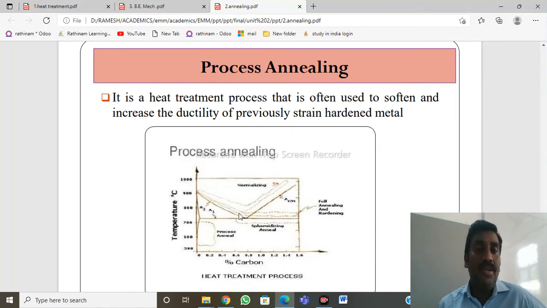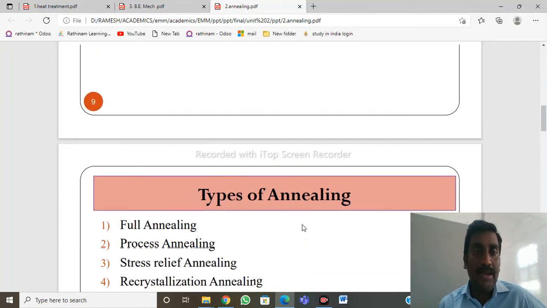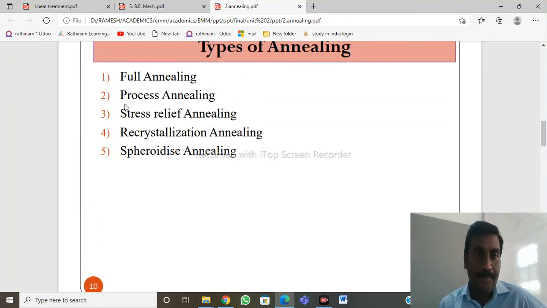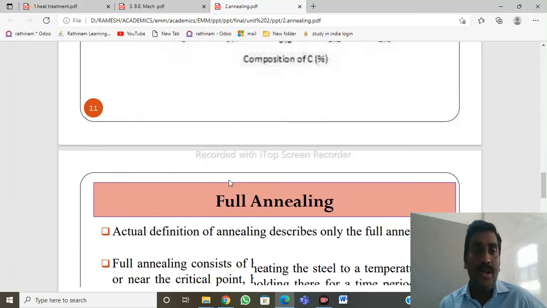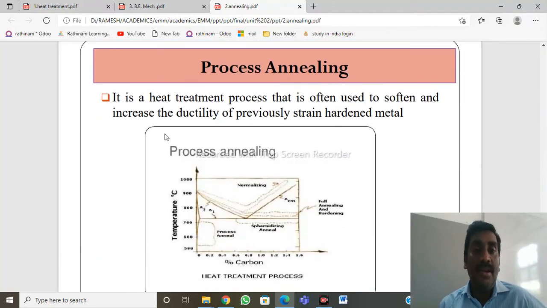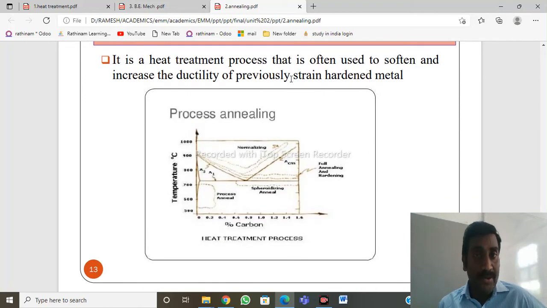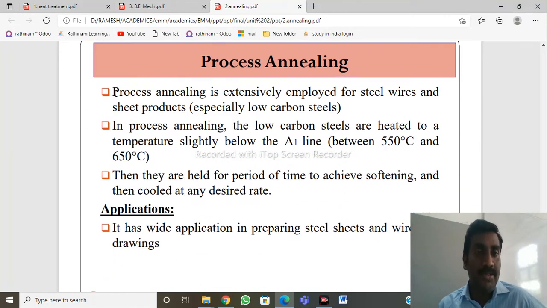Then we are going to see about process annealing. What is meant by process annealing? The second type of annealing methodology is process annealing. It is a heat treatment process that is often used to soften and increase the ductility of previously strain hardened metal. That means we are doing the same process in a different manner. Process annealing is extensively employed for steel wires. This is most important. Steel wires are made using this process, especially from low carbon steels,